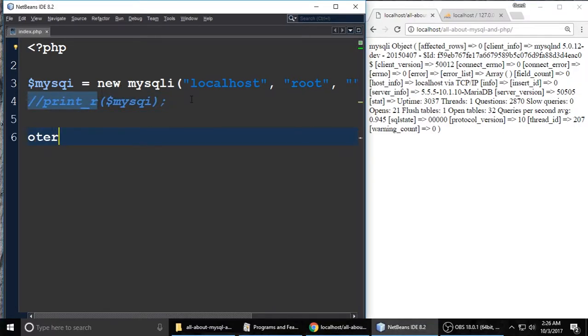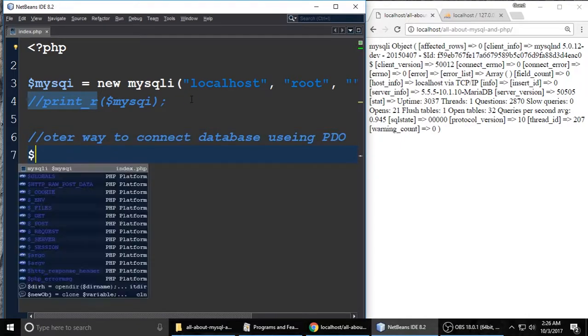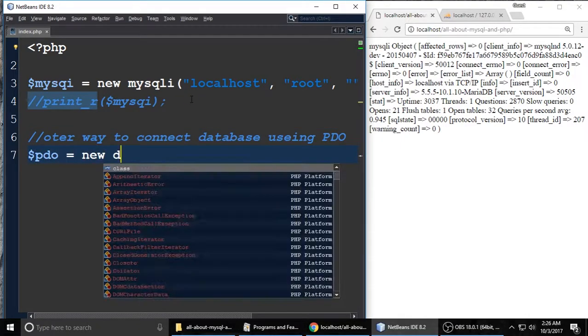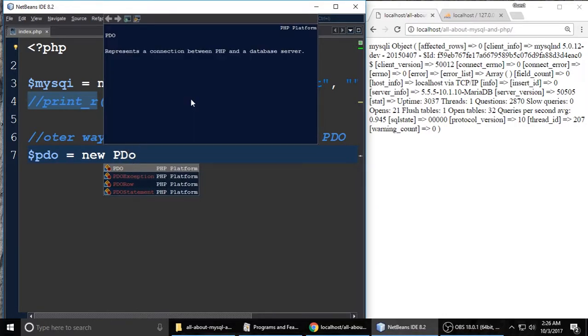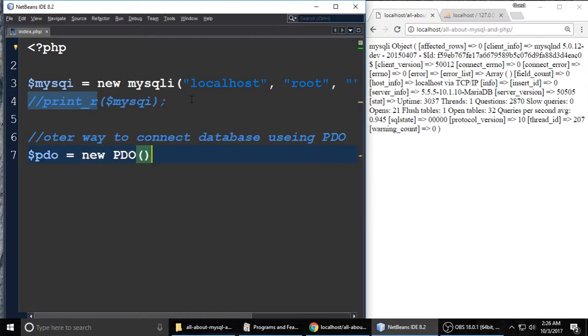Just simply comment it. Another way to connect to a database is using PDO. So just simply type $pdo equals new PDO. These two ways are recommended to connect to a database, and it will take some parameters like mysqli, and here is the host name. Our host name is localhost,